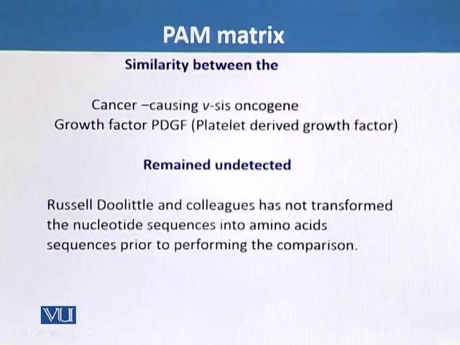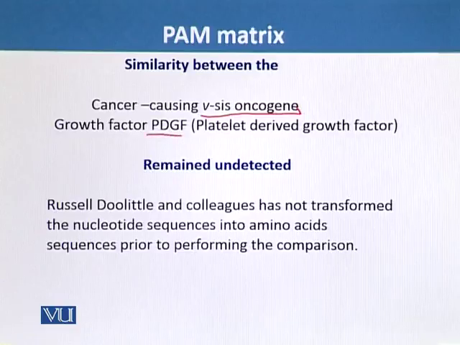For example, if we consider two genes and look at the similarity between them, here we consider the cancer causing v-sis oncogene, and compare it with another gene, the growth factor PDGF, meaning platelet derived growth factor. This PDGF is involved in cell division and cell growth. If we compare this growth factor with the cancer causing gene, then this alignment will remain